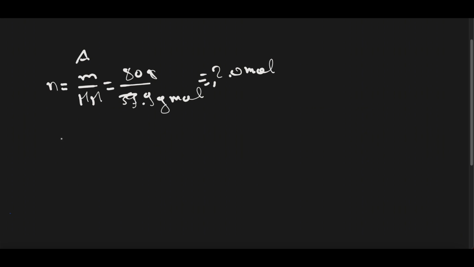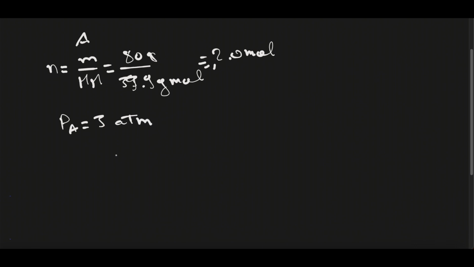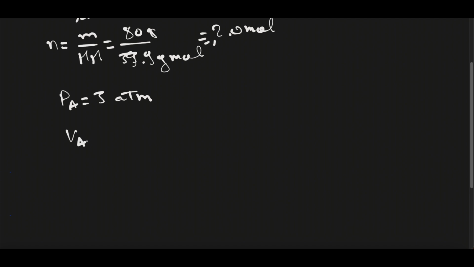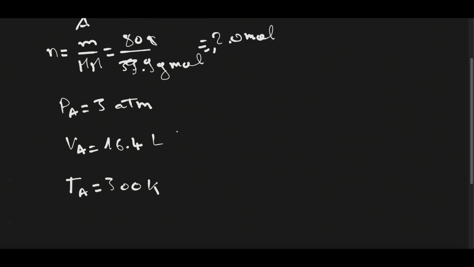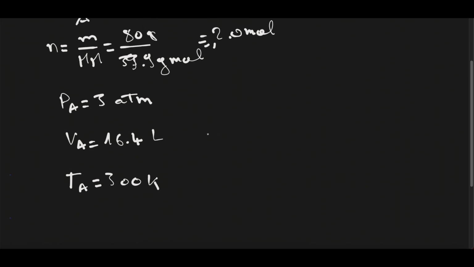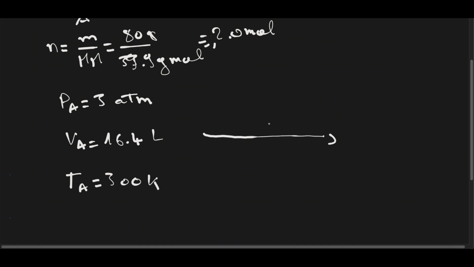Also, we have the pressure in state A, which is equal to 3 atm. The volume in state A is equal to 16.4 liters, and the temperature in state A is equal to 300 Kelvin. Now this gas undergoes an adiabatic change as a first step